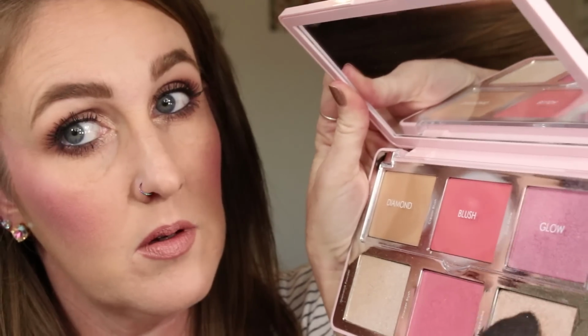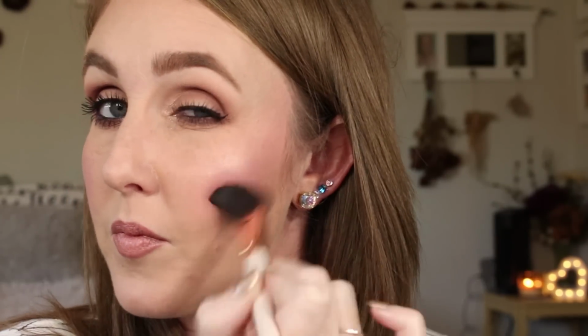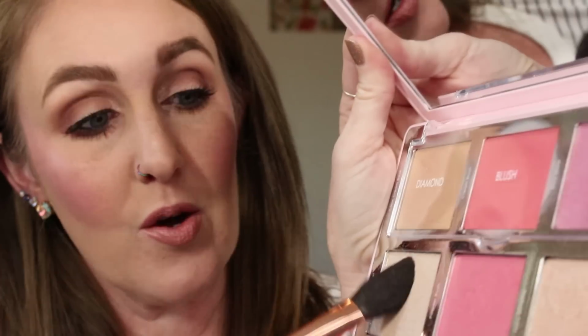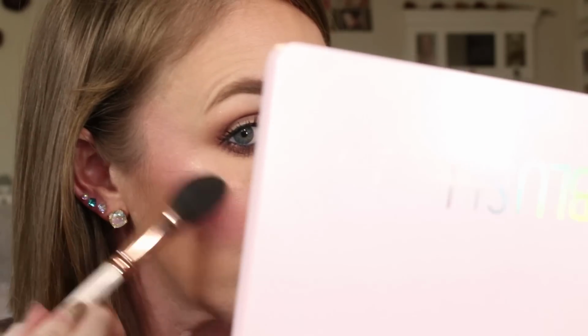Using the same brush, I'm going to go into Glow Extreme, which is, I think, your typical highlighter shade. Powder is very, very smooth. It's not textured at all, and it just gives kind of a glow. There's glitter in it, but it's so fine that it doesn't look crazy. I don't think it looks crazy. So taking that,